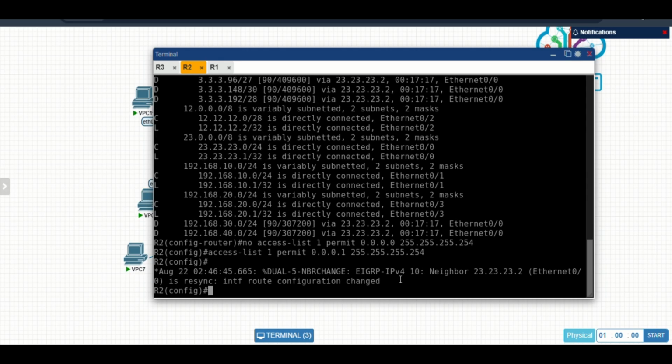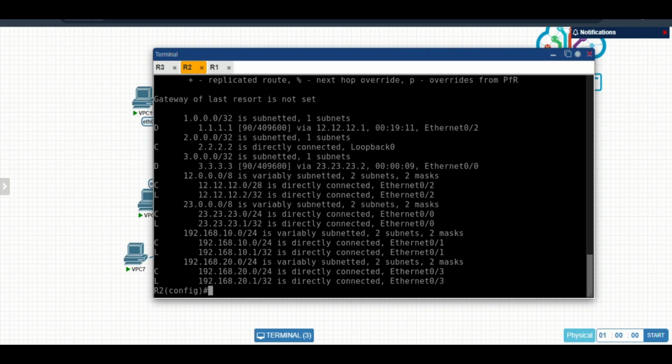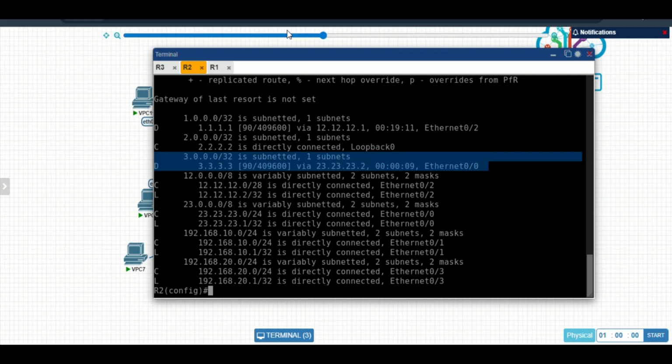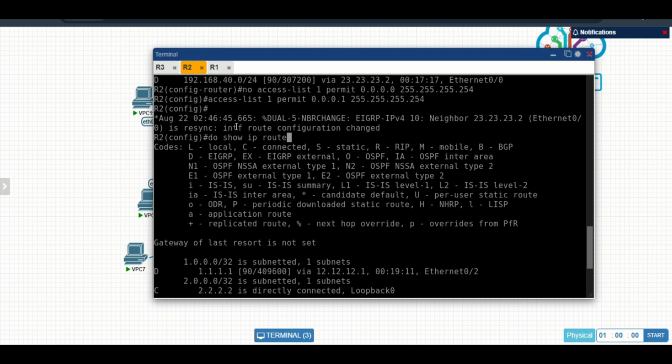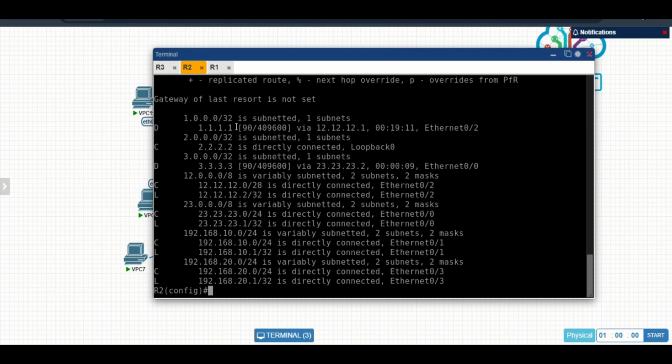And the notification shows the configuration already changed, and we can do show IP route. Okay, here is just the IP out in the loopback interface from Ethernet 0. Okay, just that for the access list filtering configuration.